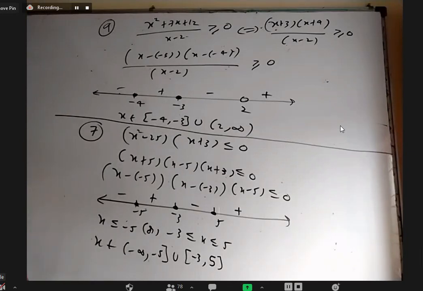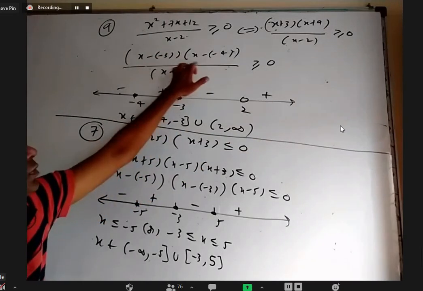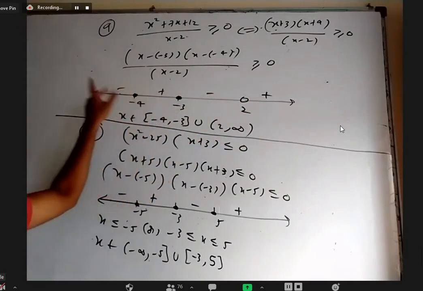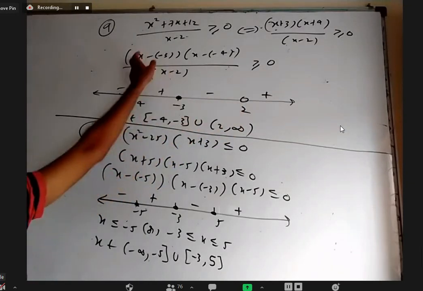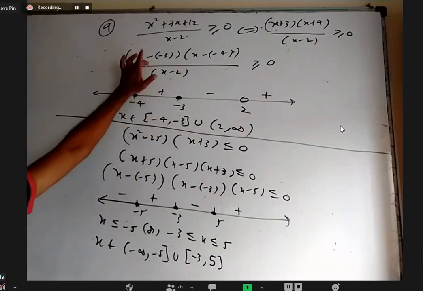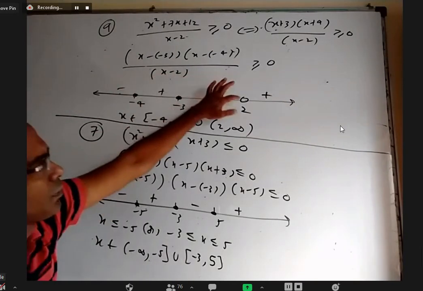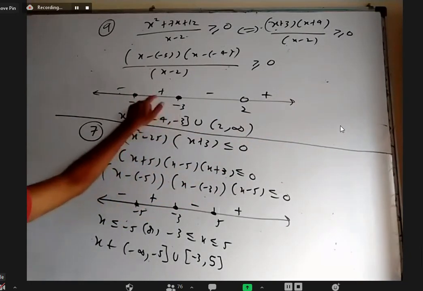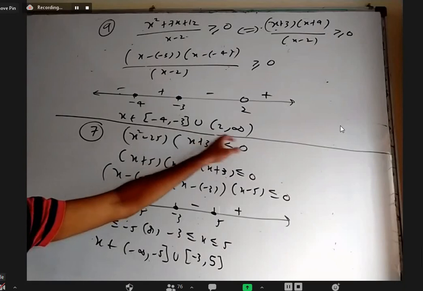Sir, ninth one, the number line, can you explain again, sir? If you take any number more than 2, this is positive, this is positive, this is positive. Positive into positive by positive is positive. After that, alternately positive here, negative here, positive here, negative here. Denominator cannot be 0, so x should not be 2. That's why 2 should be open. Numerator, when you put x equal to minus 4 or minus 3, either this is 0 or this is 0, no problem. Equal to 0 is there. So this number should be there, this number should be there, this number should not be there. Every number after 2 we want because greater than. Every number between minus 4 and minus 3 we want because greater than. That's why closed for minus 4, closed for minus 3, everything in between, and after 2 everything.